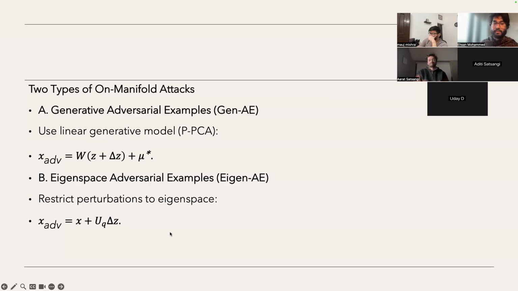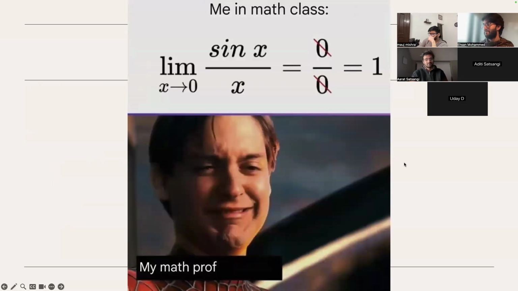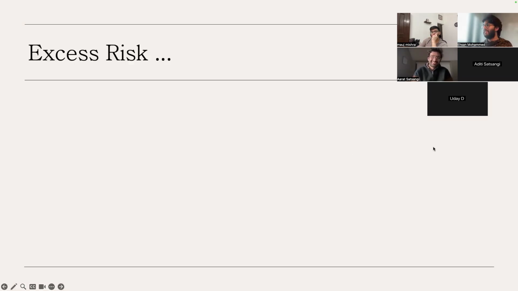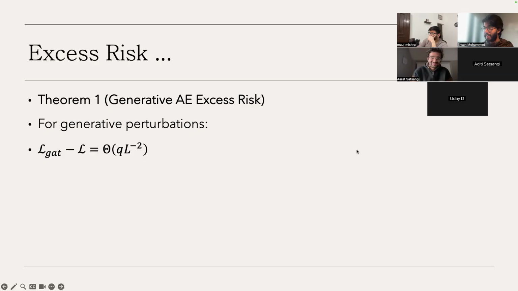I know I'm skipping through a lot of details, but if you want to learn more, they are there. Definitely I'm someone who would do that in a math class, so I'm not going to explain any math in here. There is a lot of math that I'm going to skip through, but they are definitely going to talk about excess risk. So theorem one in the paper suggests that the excess risk for generative perturbations is